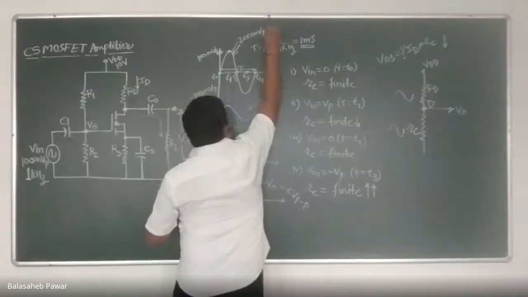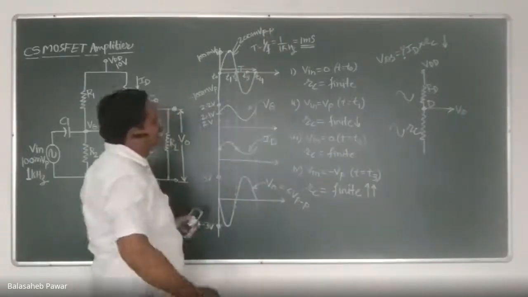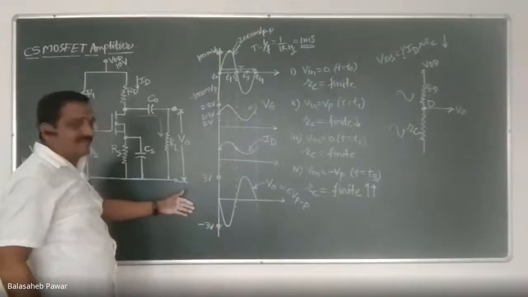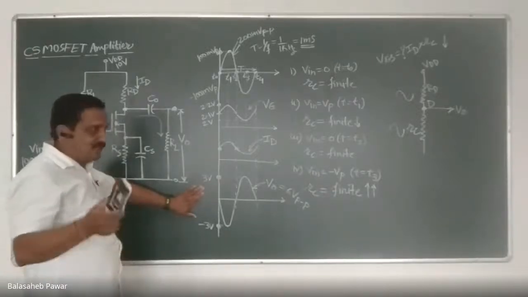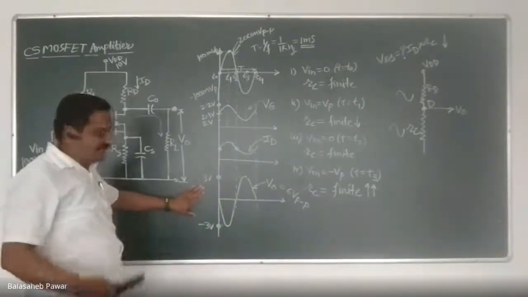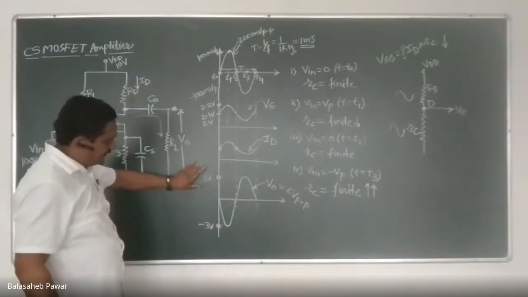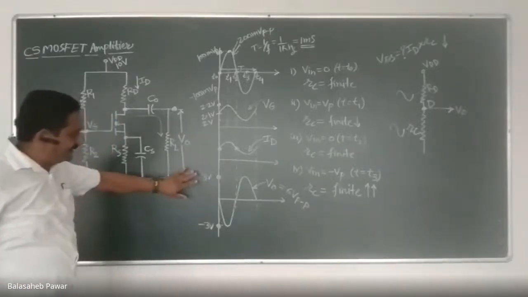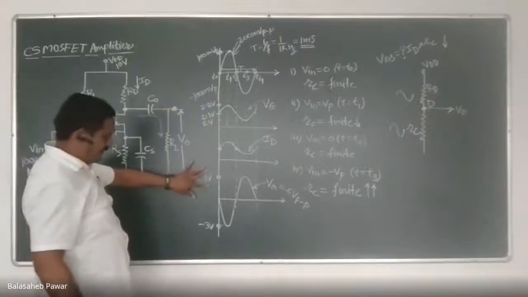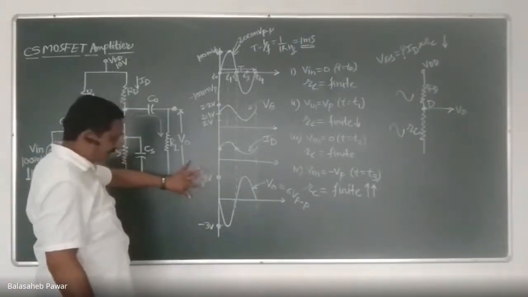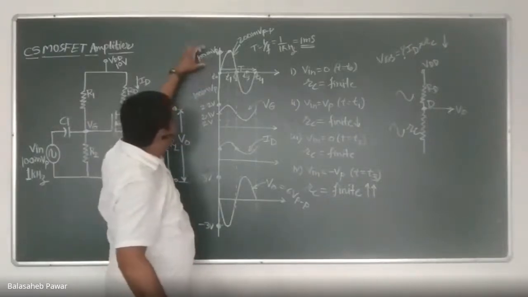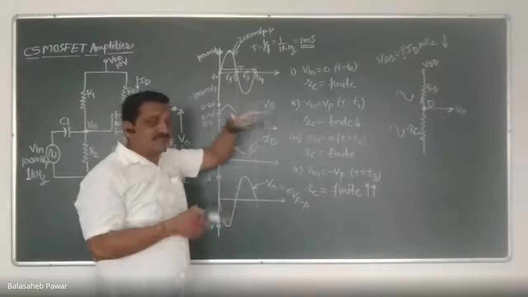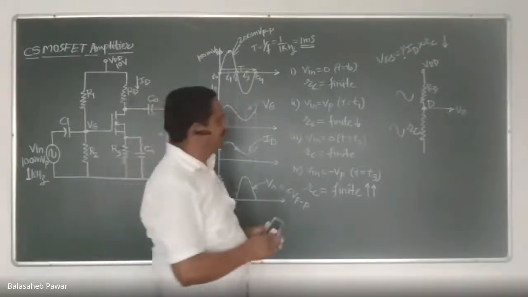Are you getting it? Yes or no? Output voltage is 6 volts. We consider that peak voltage as 3 volts. How much it is, we will observe practically. Here, for understanding purposes, I took the obtained output voltage as 3 volt peak. That means it is 6 volt peak to peak. The input we consider as 100 millivolt peak. That means we can take it as 200 millivolt peak to peak, right?